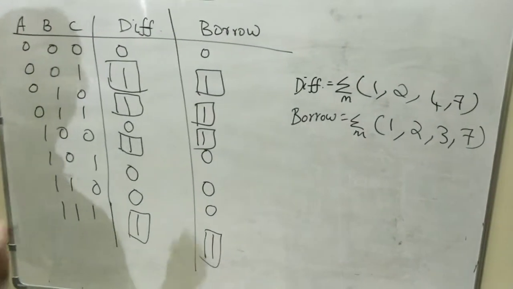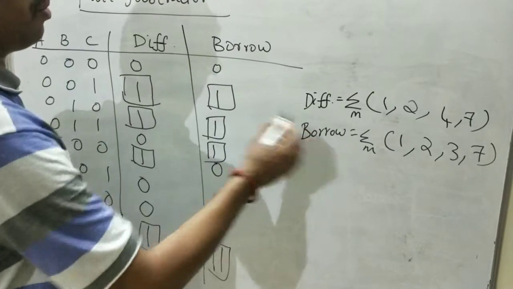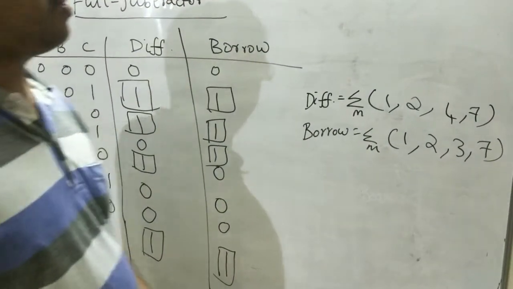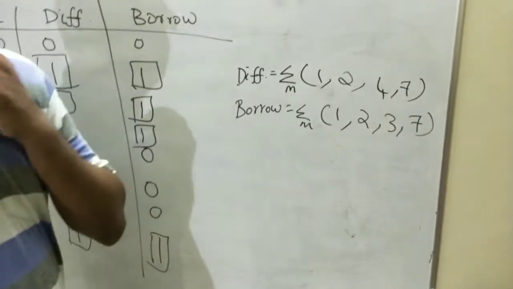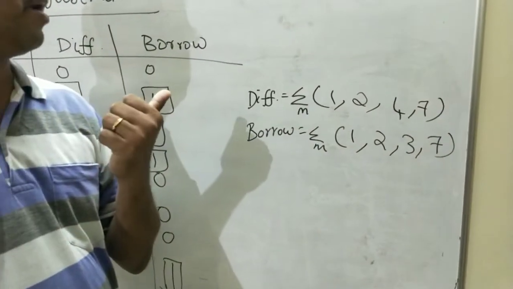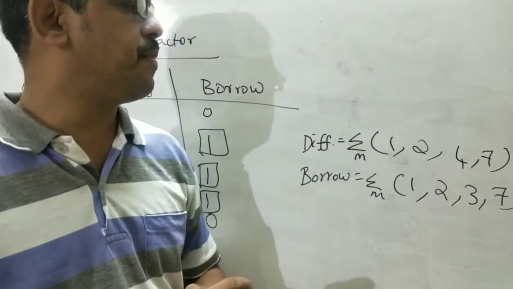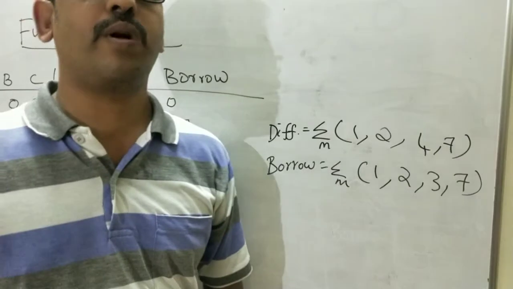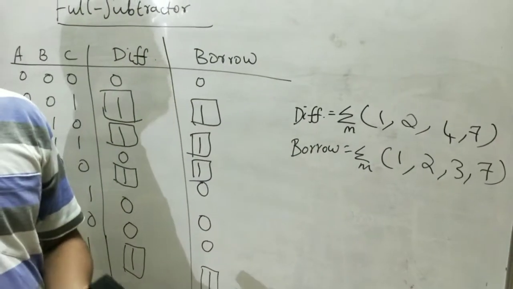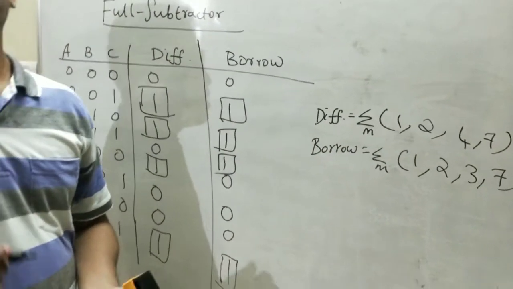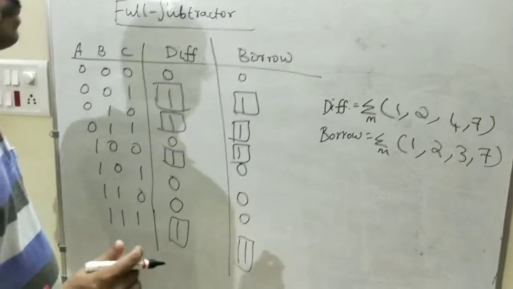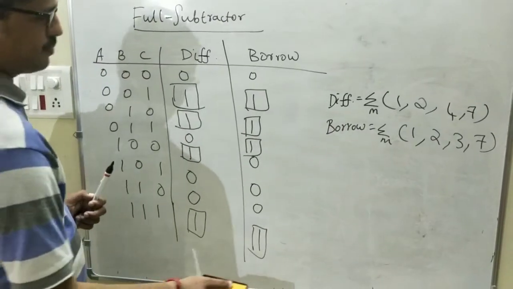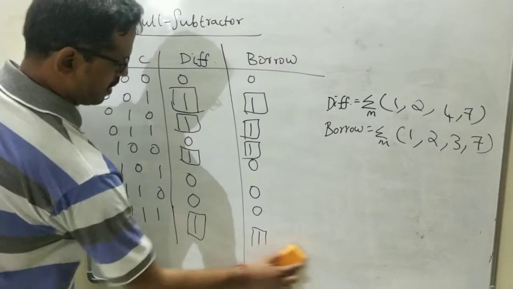So now what is the next step? We need to construct the KMap for both these outputs, that is difference and borrow. So how to decide whether we need to go with 2 variable or 3 variable? You need to look into the maximum minterm in a given problem. Maximum minterm is 7. How many bits are required to represent 7? 3 bits. So obviously we need to go for 3 variable KMap. Okay, I think I can erase this truth table part, then we'll proceed with the KMap.